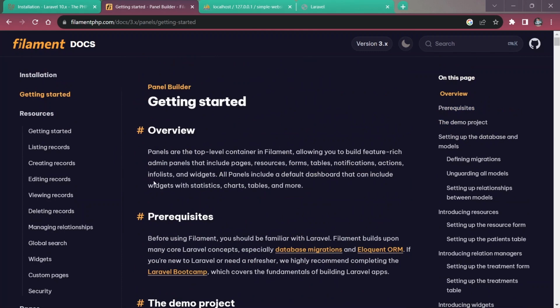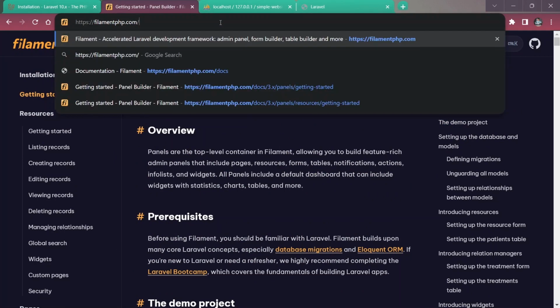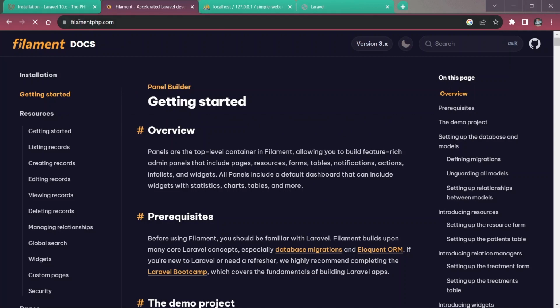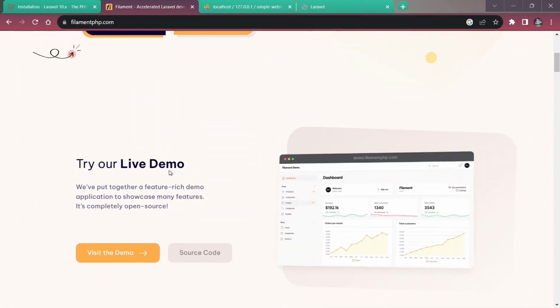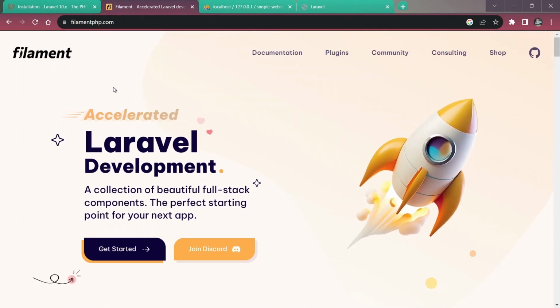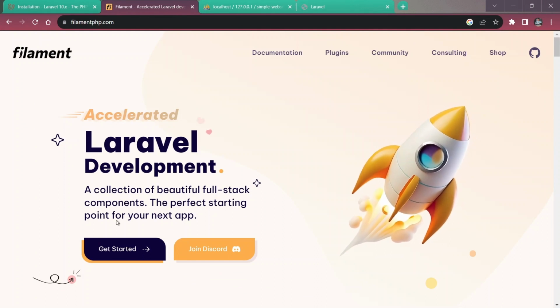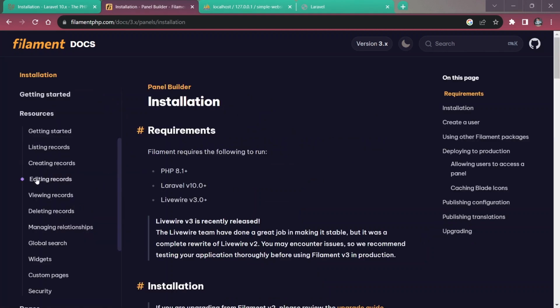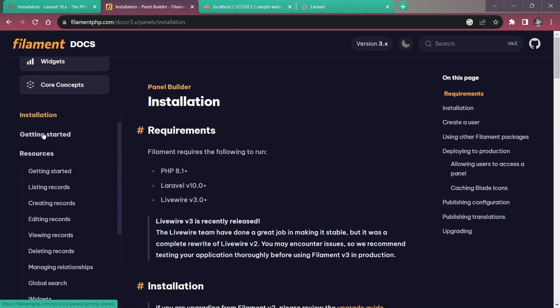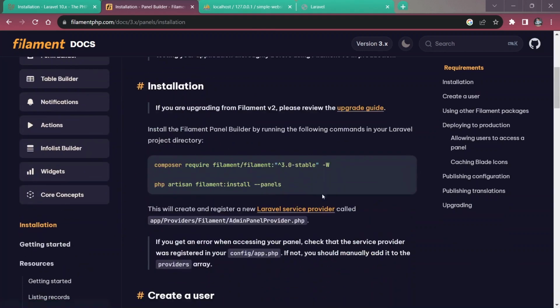You can open up your website and go to filamentphp.com. Filament is a collection of beautiful full-stack components, the perfect starting point. So just hit get started, and then here inside of the installation,